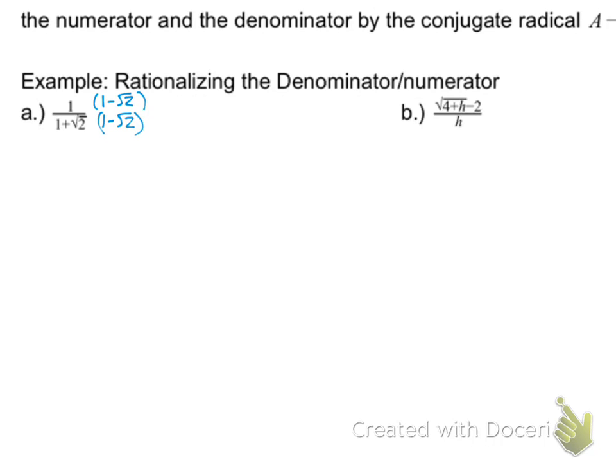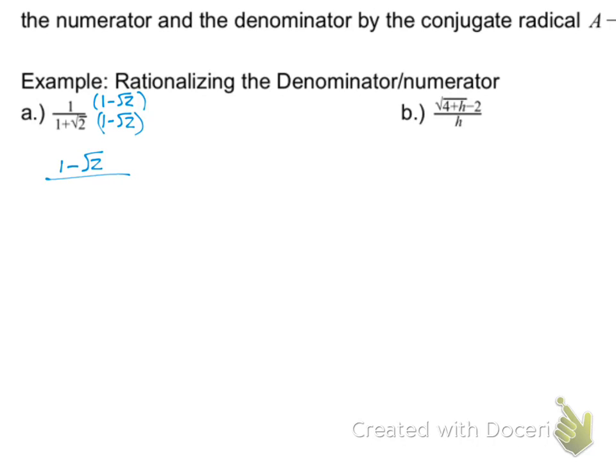If I just multiplied by a square root of 2, because the square root of 2 times square root of 2 is 2, it would get rid of the square root of 2, but I would have to distribute it all the way across, and then I'd have 1 times square root of 2, which then still leaves me with a square root of 2. It's okay to have square roots on top, just not on the bottom, but we have to realize that you can take them from the top and get rid of them to the bottom as well, and that will come in handy in the future for you guys. And obviously this one's not too bad because 1 times something is that something,